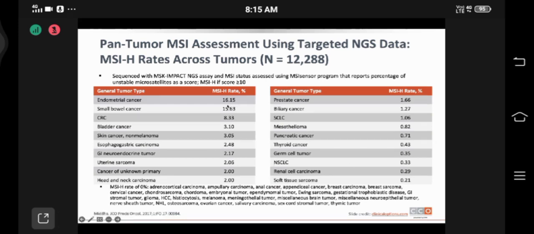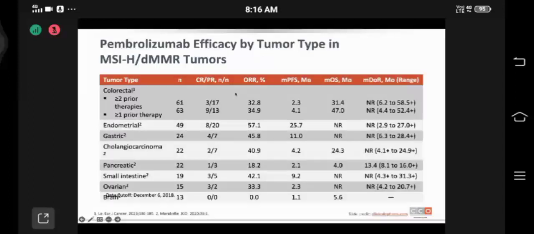We can see that endometrial, small bowel, CRC, bladder, skin, GI, sarcomas, and even CUP can have variations of MSI high rates. And once a tumor is MSI high, the response rates to immunotherapy are really, really good. So look at this, just one column here, the median overall survival for a patient with MSI high and more than two prior therapies. So someone who has progressed on two therapies for colorectal, and we are still able to give them around 2 to 3 years of median overall survival just by picking up this MSI high,